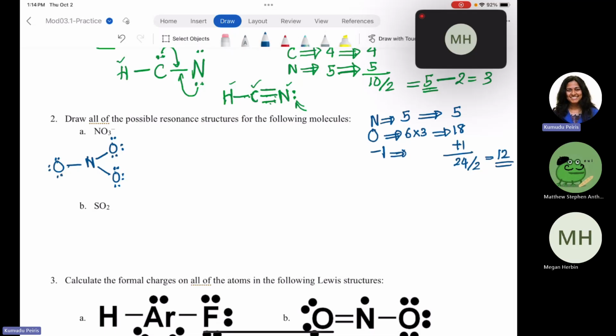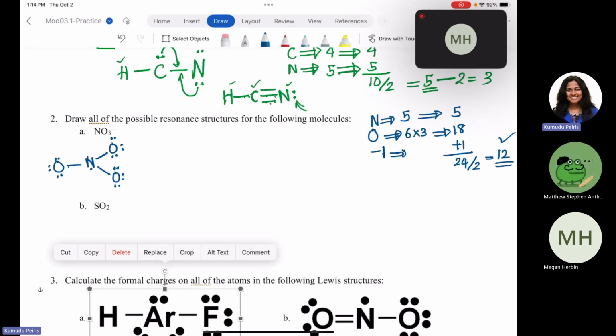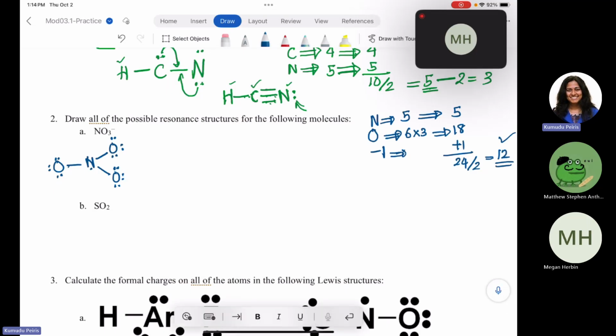Right. Now, let's count the number of electron pairs. 1, 2, 3, 4, 5, 6, 7, 8, 9, 10, 11, 12. Right. So, all the electron pairs are used, good. I don't have any more electron pairs. But look at the nitrogen. Nitrogen does not have the octet. How can I make an octet on nitrogen? Yes, so I should